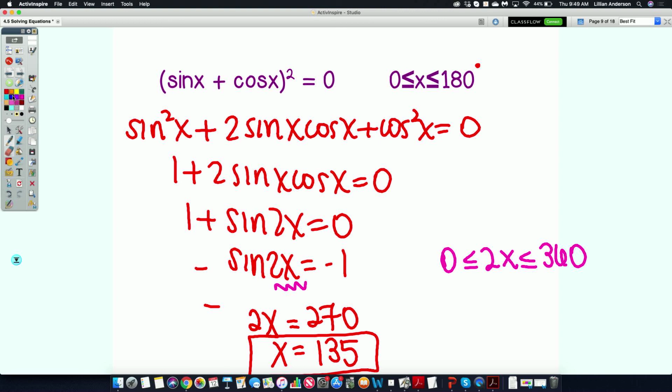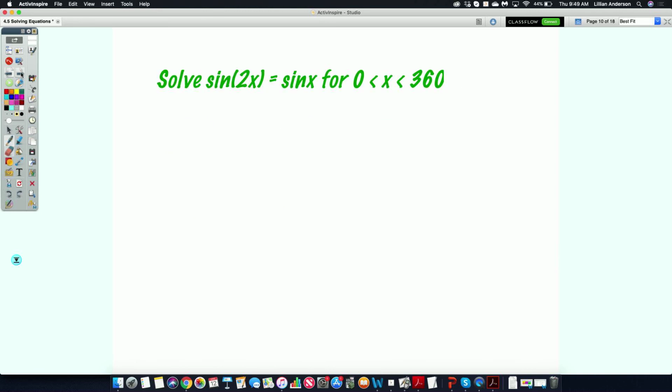Sometimes it will, depending on what the value is, but you want to make sure you include all of them. Let's look at this one. We have sine 2x equals sine x for x between 0 and 360. 0 and 360 are not included. So that means all my answers should be,